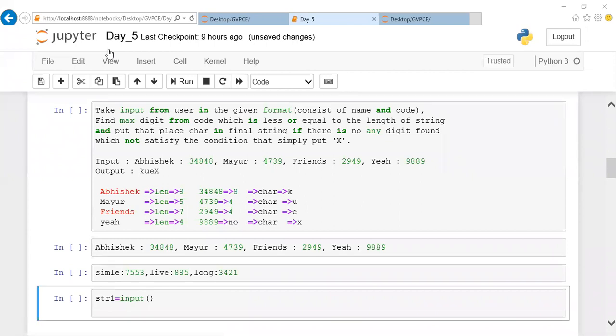Any condition for comma, colon? Nothing, it is a string input, so accept it.